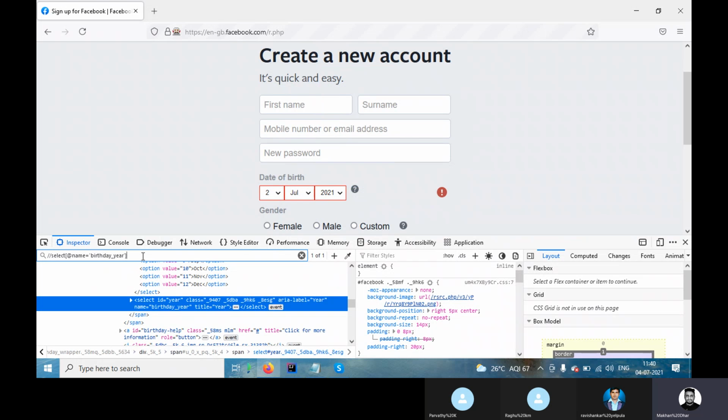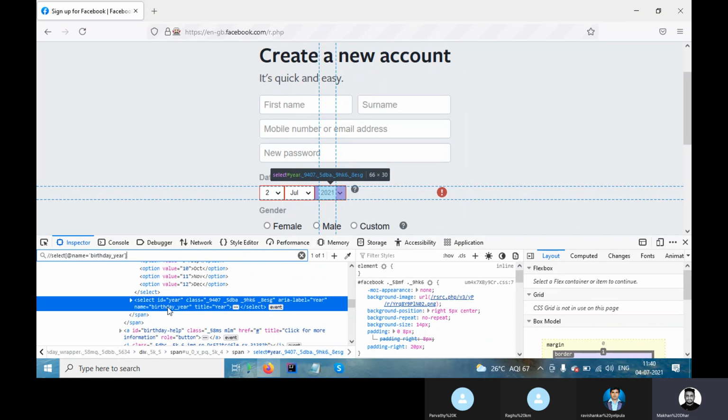And one more thing I am telling. Sometimes, for a few IDs, whenever you are creating any XPath by ID or class, if you get an integer value as the ID, don't create an XPath for that, because it gets changed from time to time.